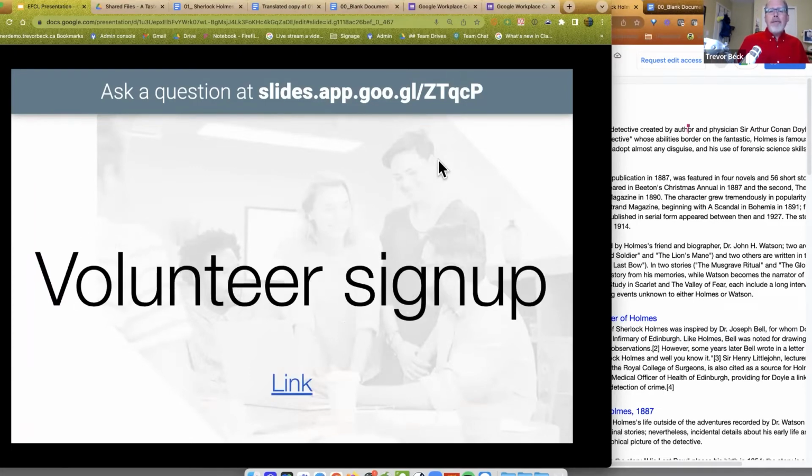So let's talk about forms and spreadsheets. I imagine you guys have events and you have volunteer signups. And we did this. I've been working at McEwen for 30 years, and we had our open house, and they were doing everything through email and trying to coordinate it. And it was just a headache. And I said, hey, you know what? Let's go ahead and do this using forms and spreadsheets.